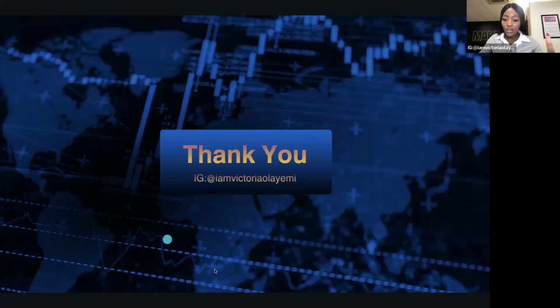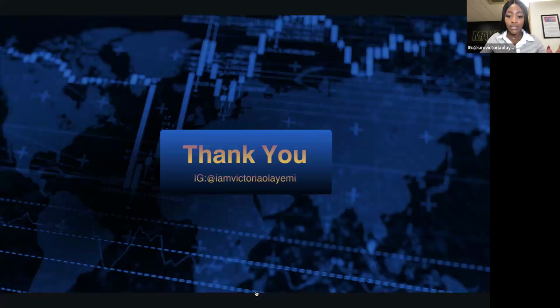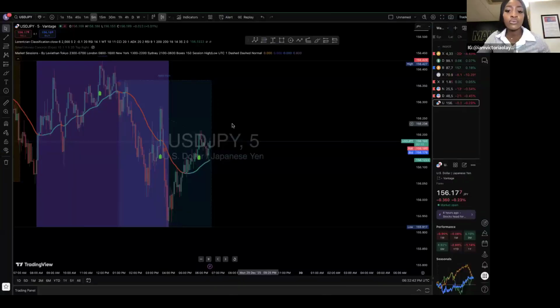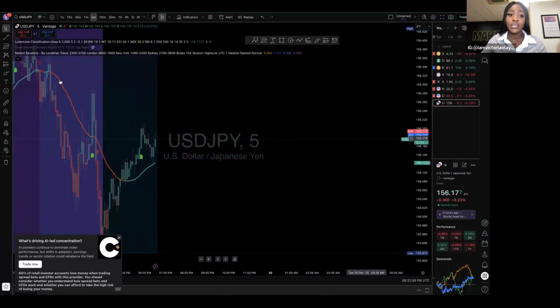So let me quickly go on TradingView and show you some other stuff and things we've actually talked about. So I'm going to be going on TradingView right now and showing you some stuff. So we talked about bid price and ask price in our training, right? So you see these two lines fluctuating, the red and the blue. Yeah, the space in between is really tiny right now. So yeah, the space in between is actually your spread.